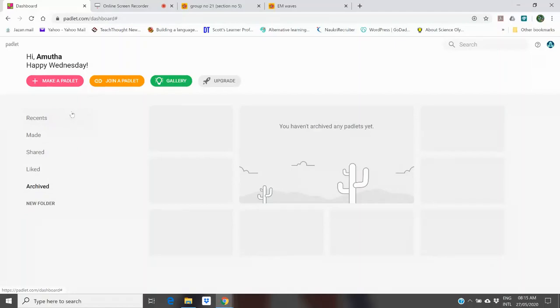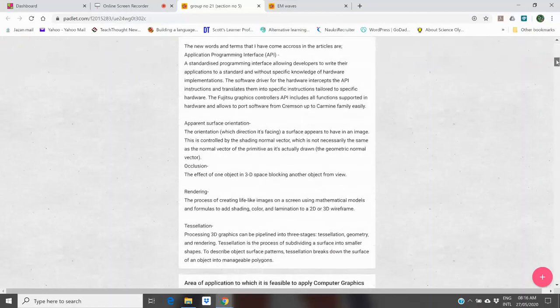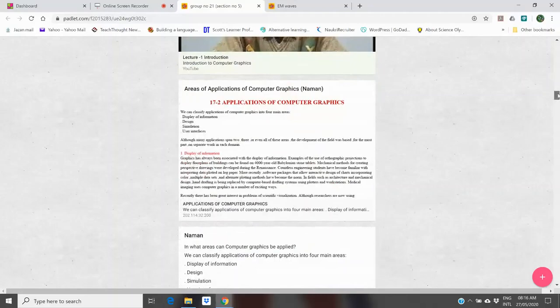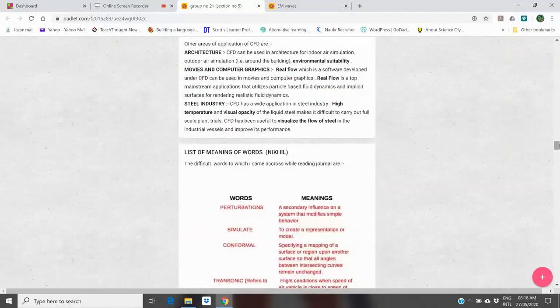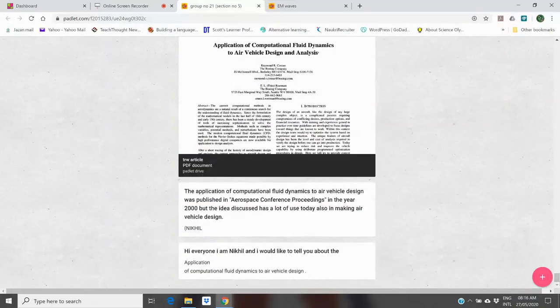I'll show you two samples of what my students had made way back in 2015. This is group number 21 and section 5. Nikhil Madan has created this group and there are three other students along with him. So I think Nikhil, Nishant, Naman would be the people over here. As you can see, I'll just scroll down because that is the very first post. So here, Naman has